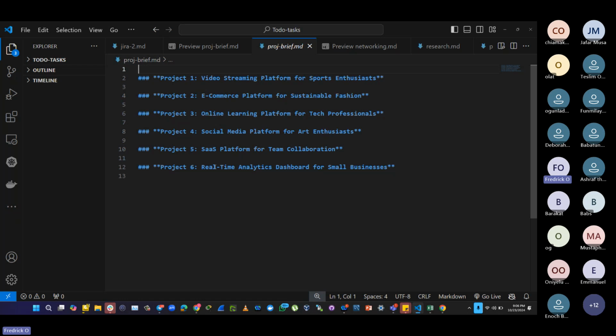So let's assume that this is a project for a startup, or a company, or a small business like you see here, and 5 of you are part of this team. You are supposed to showcase how this project will come to life. The first thing you might want to do is create this exactly in Jira. Once you create this in Jira, you'll need to break down the flow of your task.